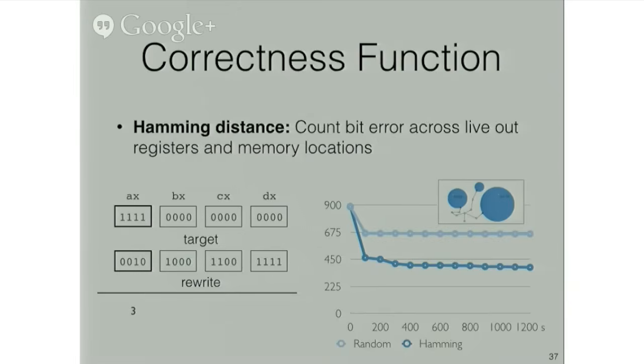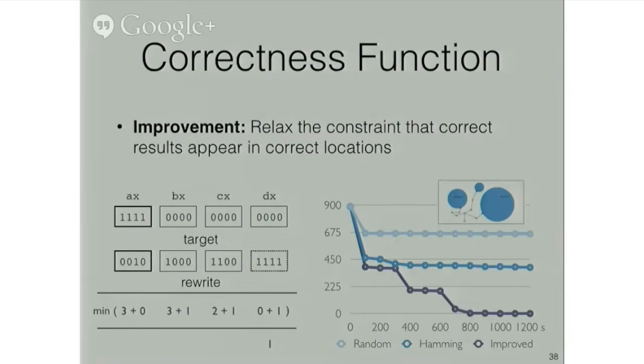So although this is perhaps intuitive and close to what we need to make this work, there's still something that needs to be changed before it actually does. The thing that we're missing is captured in this example here. Something interesting to note about these two bit vectors is that the rewrite actually has produced the correct value, this string of all 1s here, only it's put it in the wrong location, in register DX.